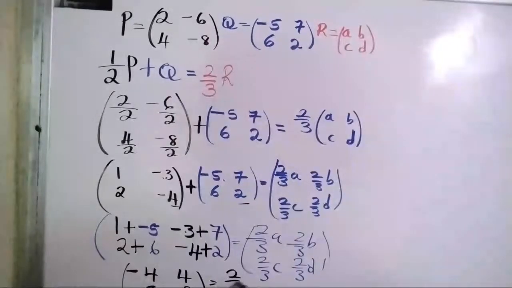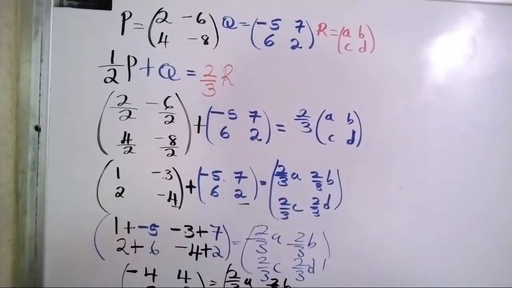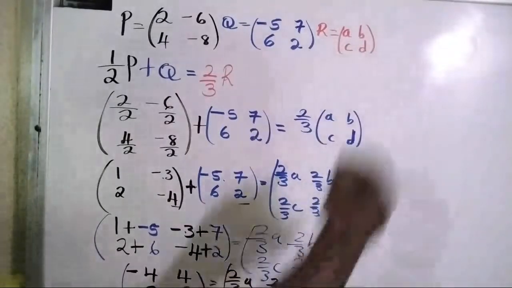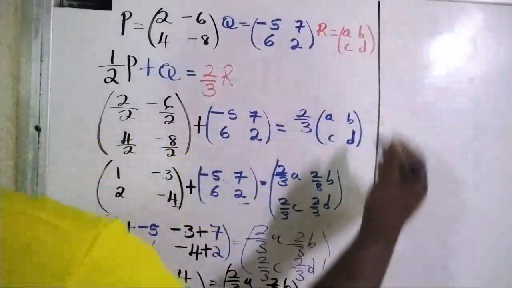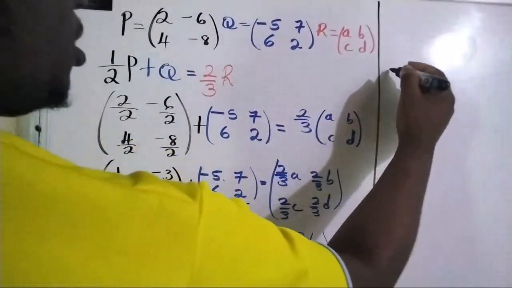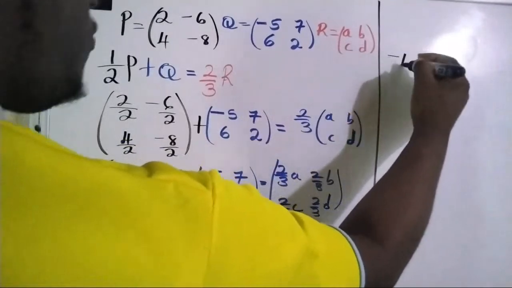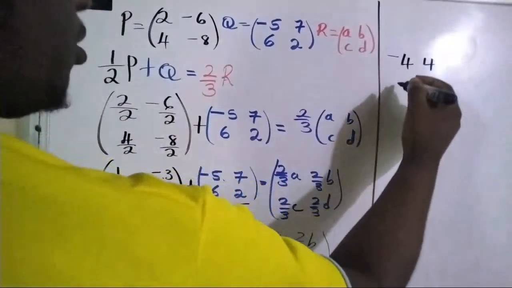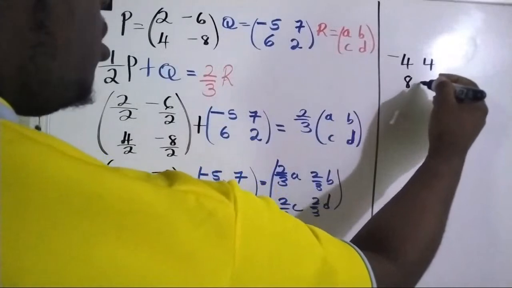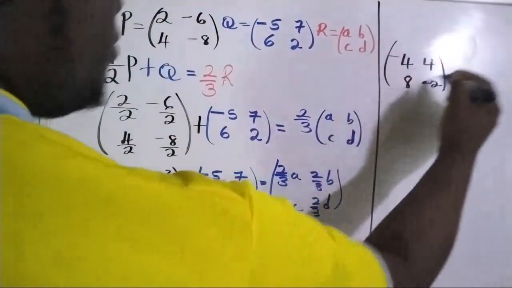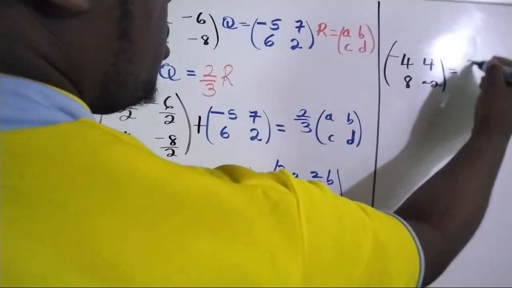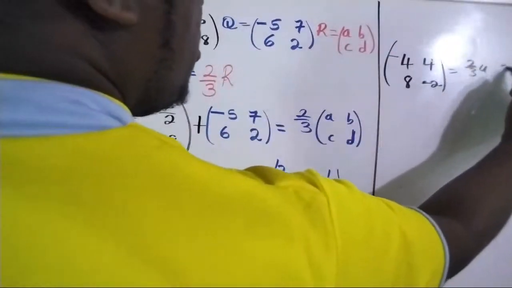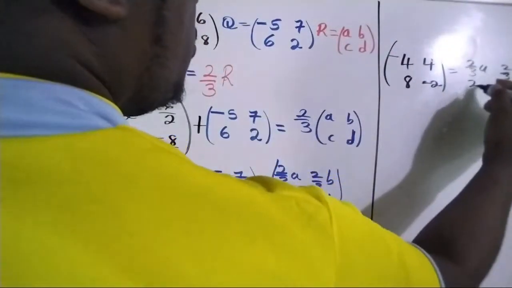I know, so we're going to say 2/3 A. I'm going to rewrite this up there, so 2/3 B, 2/3 C, and 2/3 D. So what it is now, we're just going to write it up here so everybody can see. So let's just rewrite it. So -4, 4, 8, -2, and that must equal 2/3 A, 2/3 B, 2/3 C,